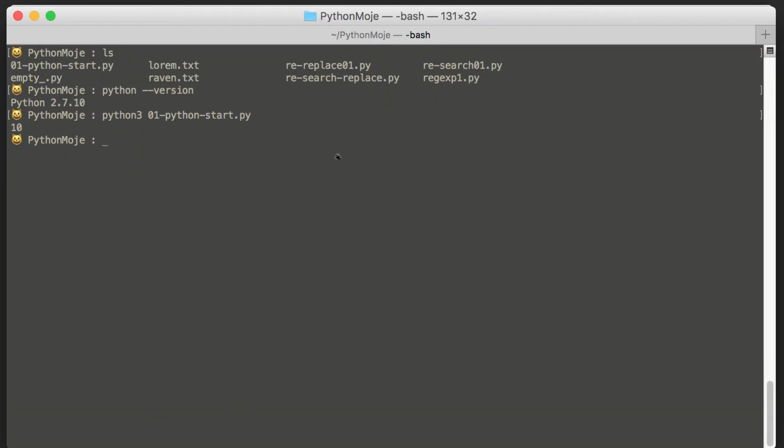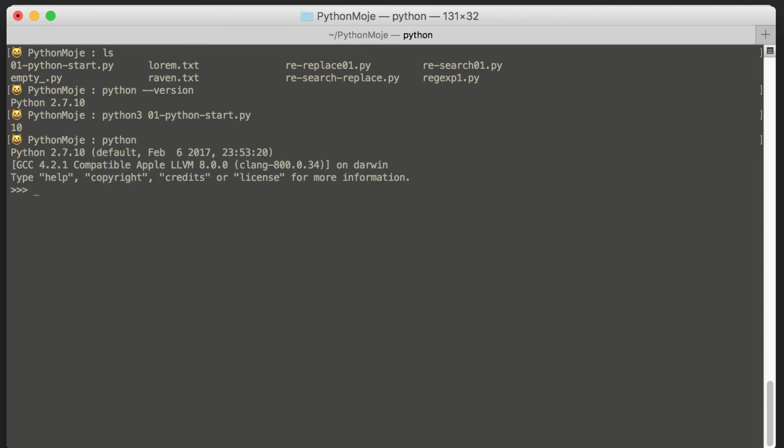And if you don't want to create a file, how can you try some simple code in Python without creating a file? You just run the command python. You see I'm in Python at the moment, so Python 2.7, and I can declare the same variable. So my var is going to equal 20, and my word is a mama. If I want to display that variable, my var, I have 20. My word